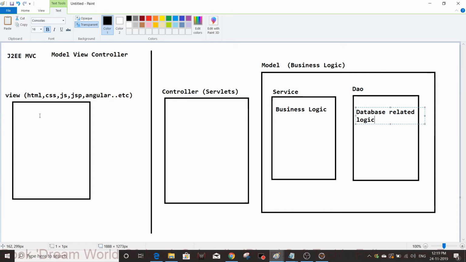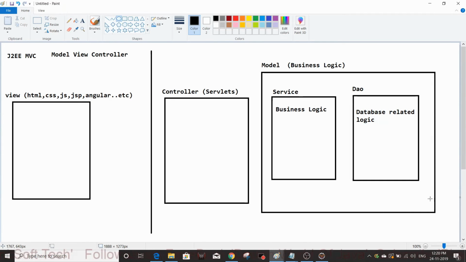So the request is coming from the UI layer, then immediately it hits the controller. The controller will validate the data, do the controlling, and hit the service layer. From the service it goes to the DAO layer and does database operations.